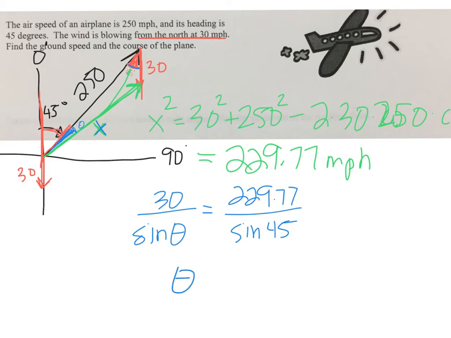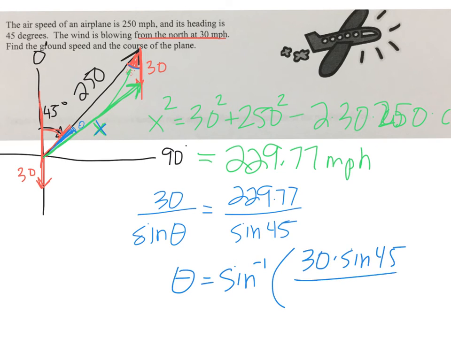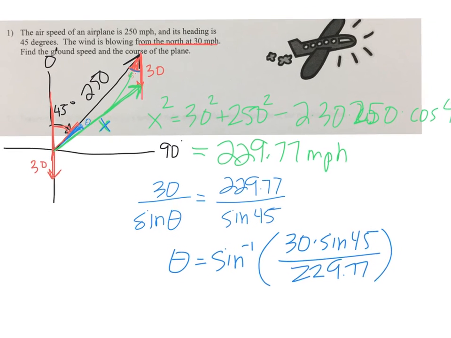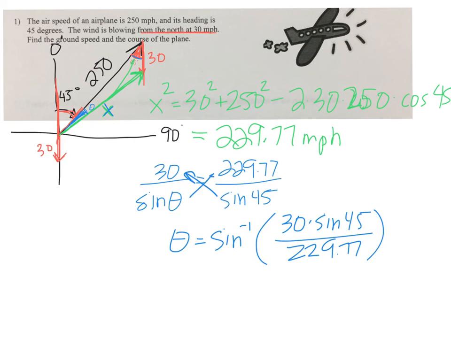So when we do this calculation, we take the inverse sine of 30 times the sine of 45 divided by 229.77. Cross multiply here, divide by this number, take the inverse sine, and that angle happens to be